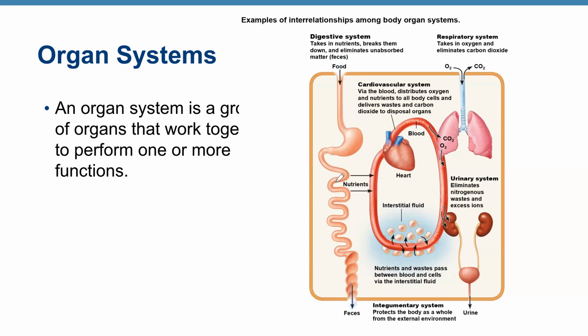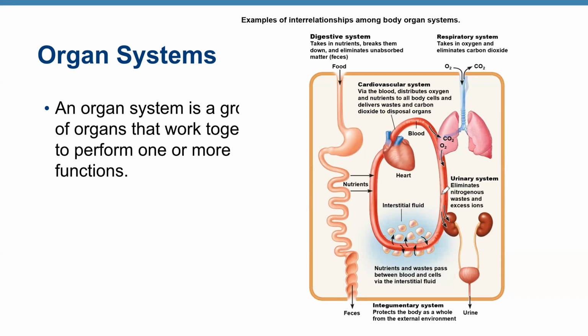Now, nutrients from your GI tract will be absorbed into the bloodstream. So here's your cardiovascular system that will carry those nutrients to all your cells and all your organs. Your blood also will pick up oxygen. So here's your respiratory system, which will deliver oxygen to the lungs. Oxygen will move to your bloodstream and be delivered to cells and organs with blood. At the same time, carbon dioxide from the bloodstream will be released into the alveoli of the lungs, and you will exhale